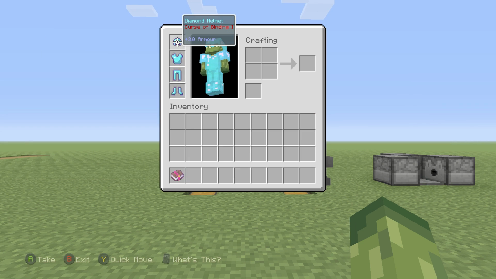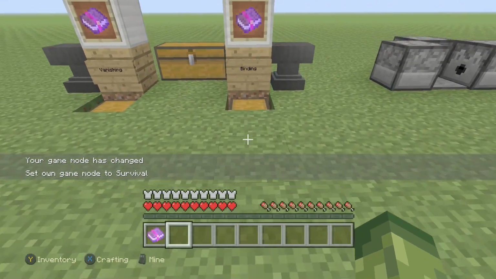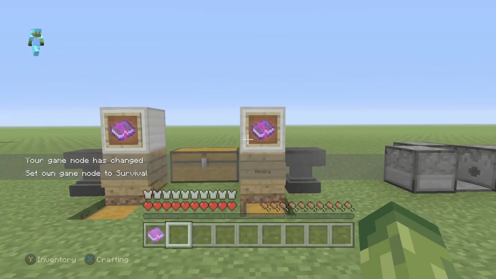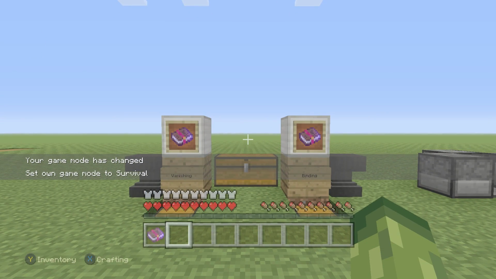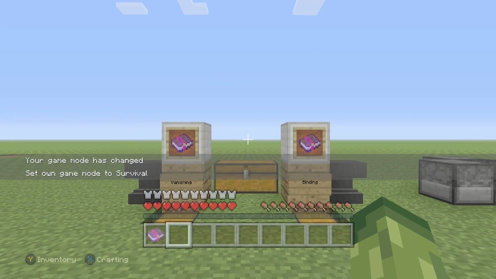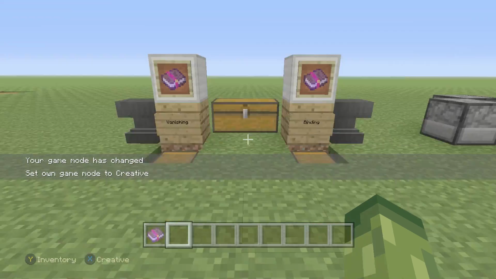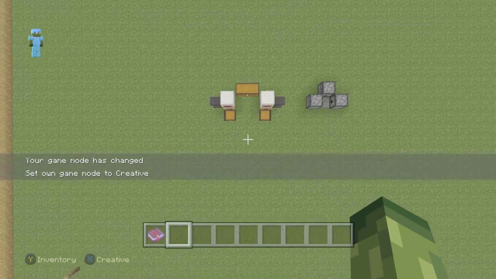Now, a good way to kind of troll your friends is what I did: I've combined Mending and Curse of Binding together. The reason why is because obviously your armor will break and leather armor isn't the greatest. So if it's got Mending and the Curse of Binding, they're stuck with leather armor on with Mending. Now I'm kind of teaching you guys how to troll your friends. That's not really the whole point. I'm not going to tell you how you can troll your friends. That is completely up to you. So what I have to do here is I have to kill myself in order for me to get rid